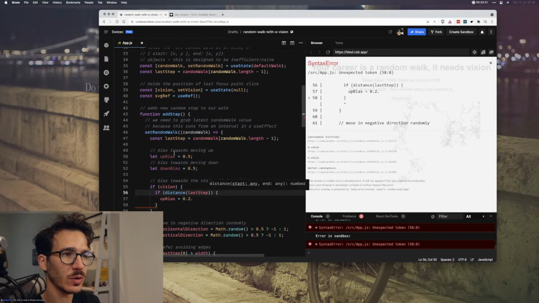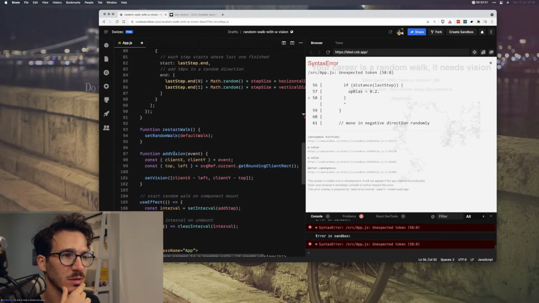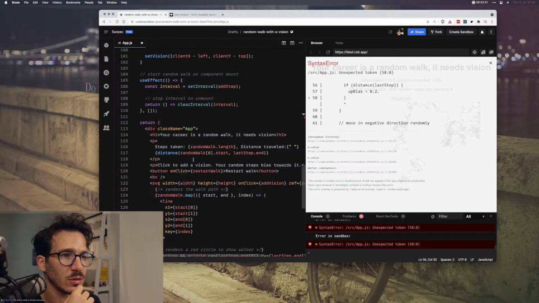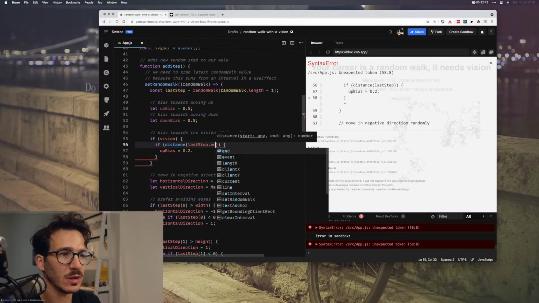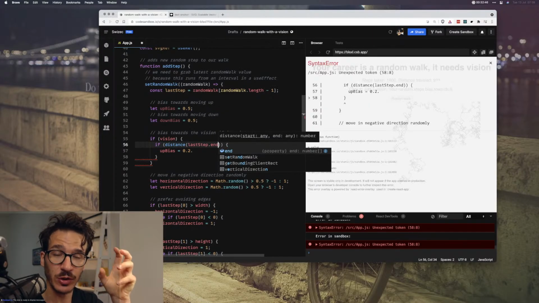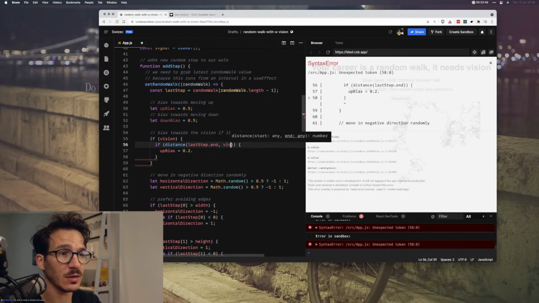Oh, I know where I'm using it, where I'm calculating the distance. So distance last step dot end. Okay, so if distance between last step dot end, that's where you're currently positioned, and vision is,